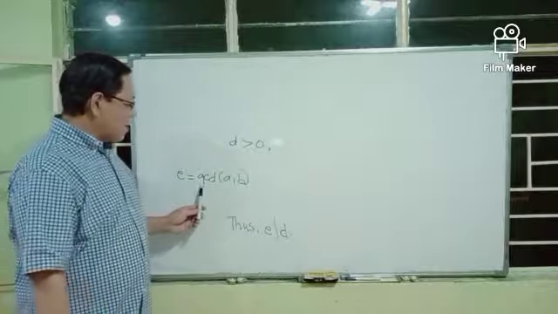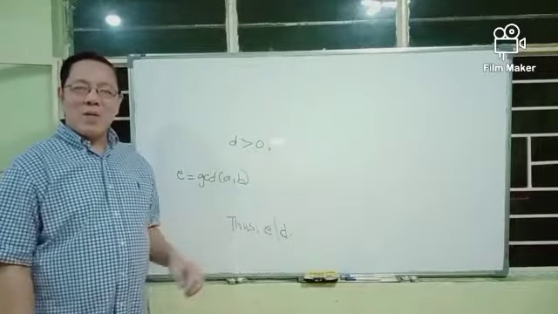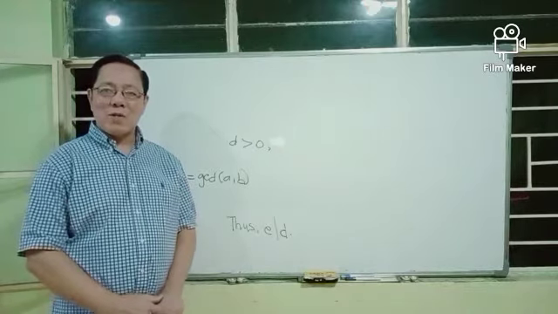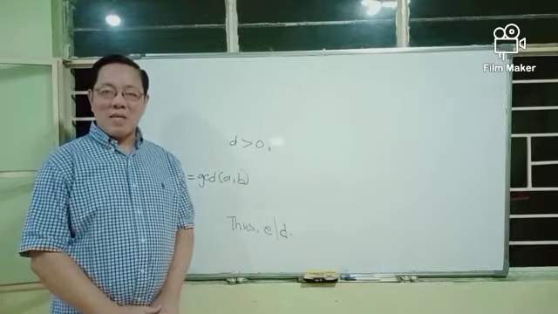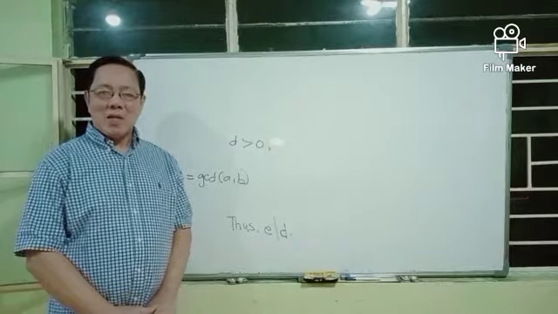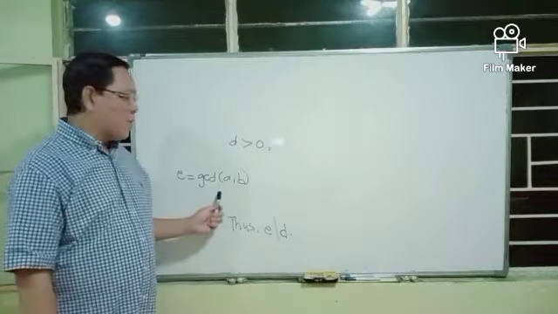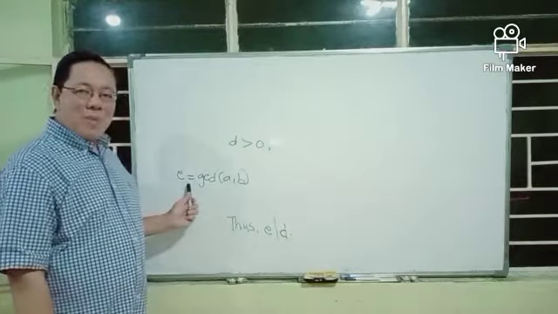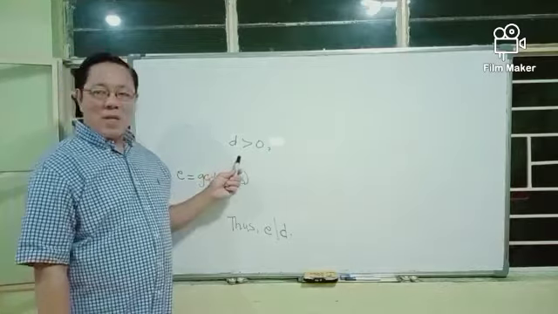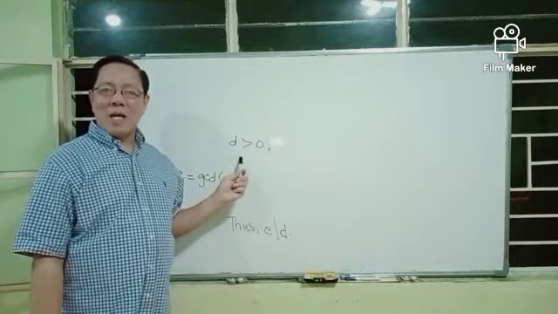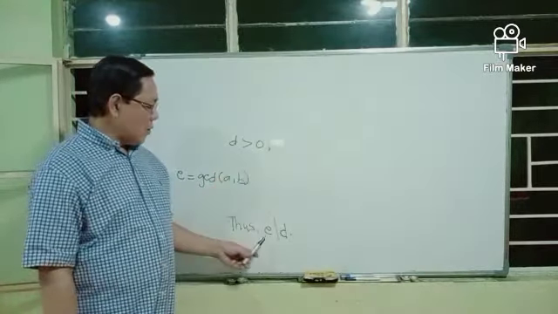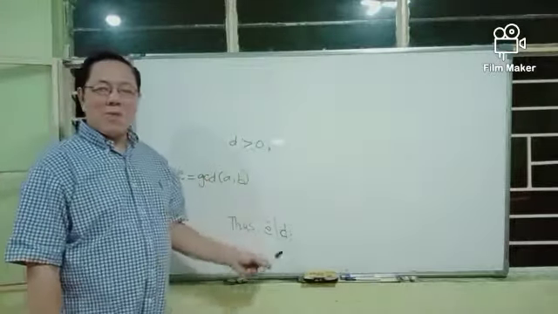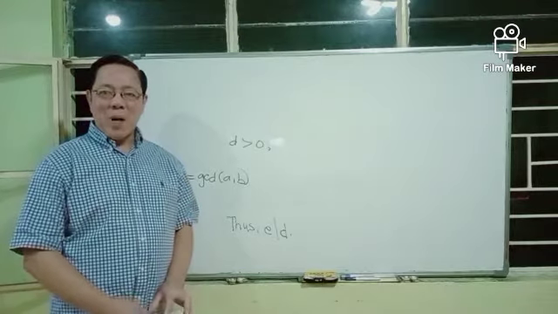And because E is the greatest common divisor of A and B, and we know that the greatest common divisor of any two integers is a positive integer, therefore if E is the greatest common divisor of integers A and B, then E must be positive, greater than 0. And we know that D is greater than 0 because D is an element of set Q. And we have shown that E divides D. And using these three pieces of information, we apply another property of